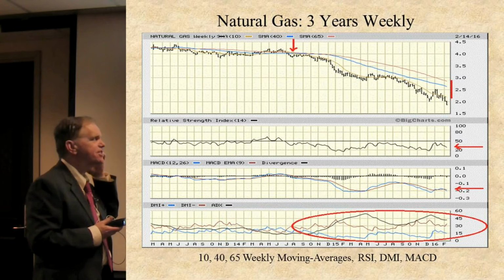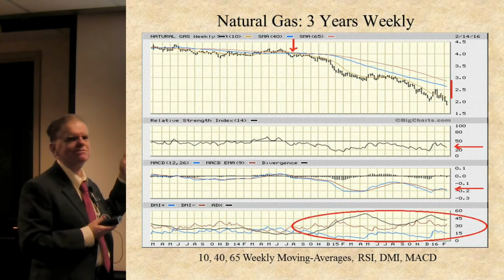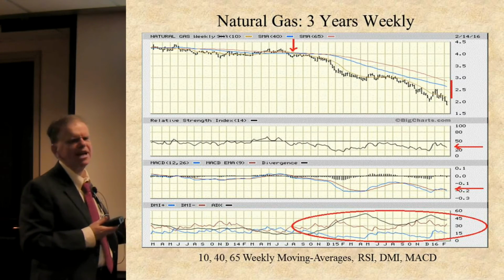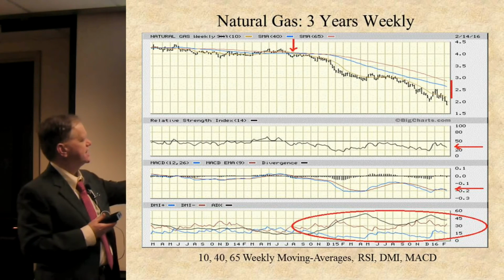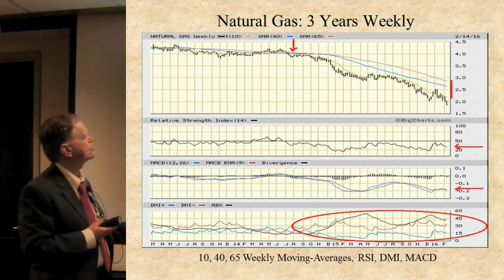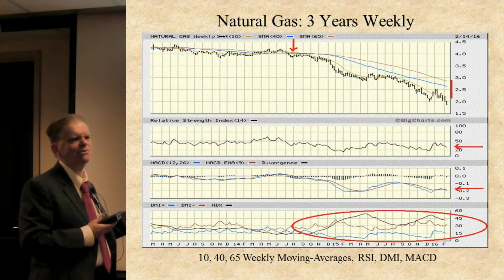And actually, several years ago, the spot price fell to around 1.99 briefly for one day. And now this is like the regular price. It's not brief. And the supply of natural gas, because of fracking, increased. So there's a gross oversupply. And this DMI at the bottom is mega bearish, incredibly strong selling. But once again, natural gas is probably selling for less than its production costs, and that can't go on forever